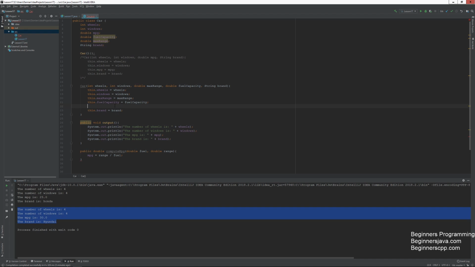And I can say, best way to do this, because I set it here. So yeah, let's do return range divided by fuel, and that will let me say this dot MPG equals compute MPG max range, comma fuel capacity. Great. And that way we've now, so inside of our constructor,